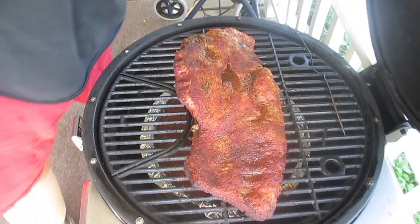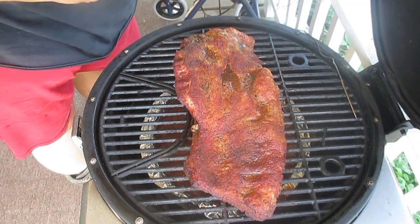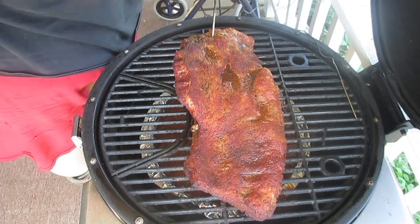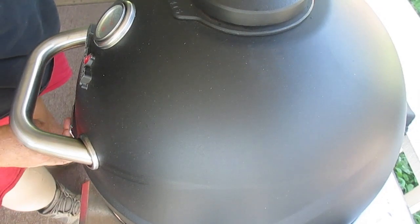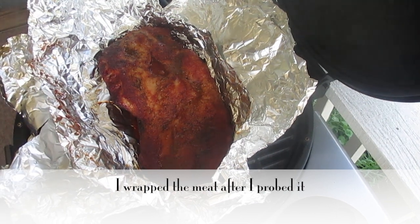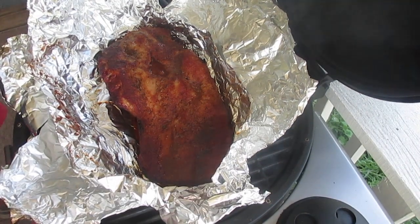I'm gonna go ahead and stick a temperature probe in it, so we can see what it's doing up here on the point. Now here we are about 5.5 hours into this thing, and internal temperature is up to 200 degrees,